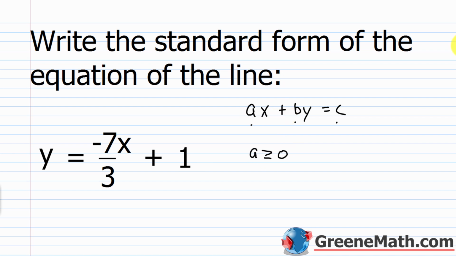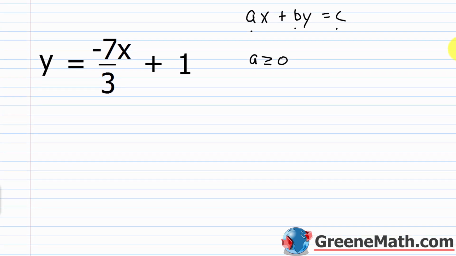Okay, so let's go ahead and look at what we're given here. We have that y equals -7/3 x plus 1. So the first thing is I want my ax plus by on the left. So I'm just going to add 7/3 x to both sides of the equation. What does that look like? It looks like this. I'm going to have 7/3 x plus y is equal to, this would have canceled, so